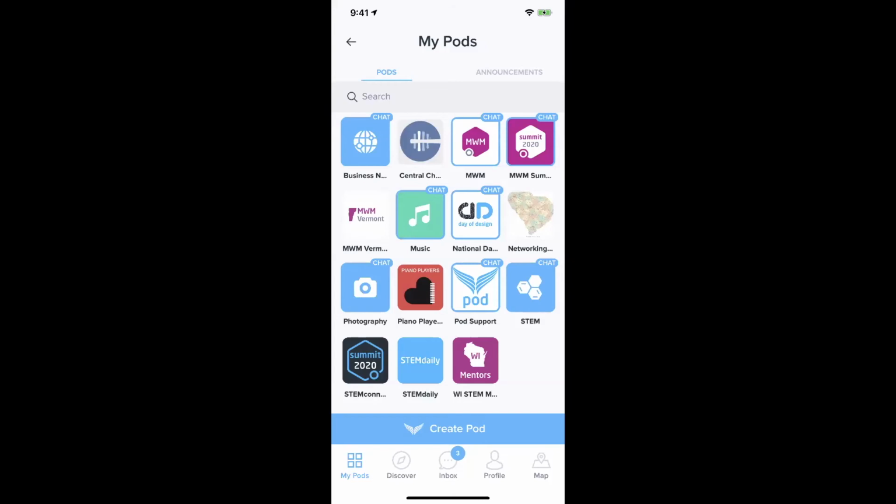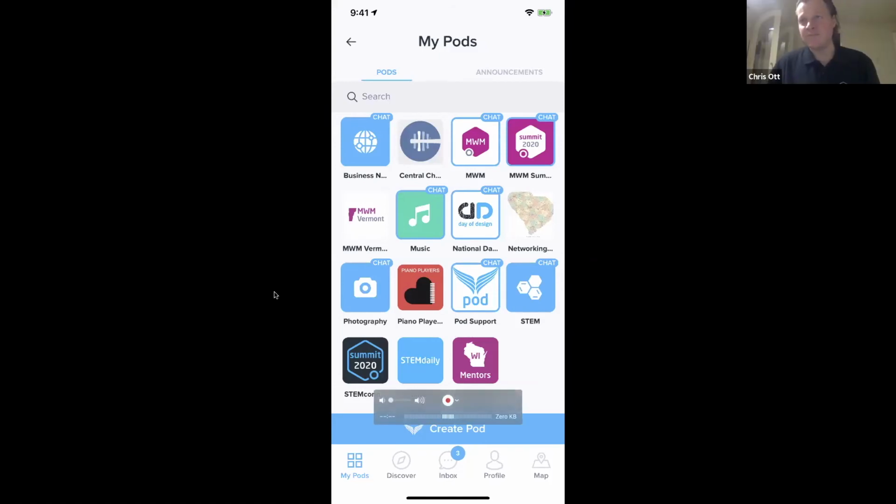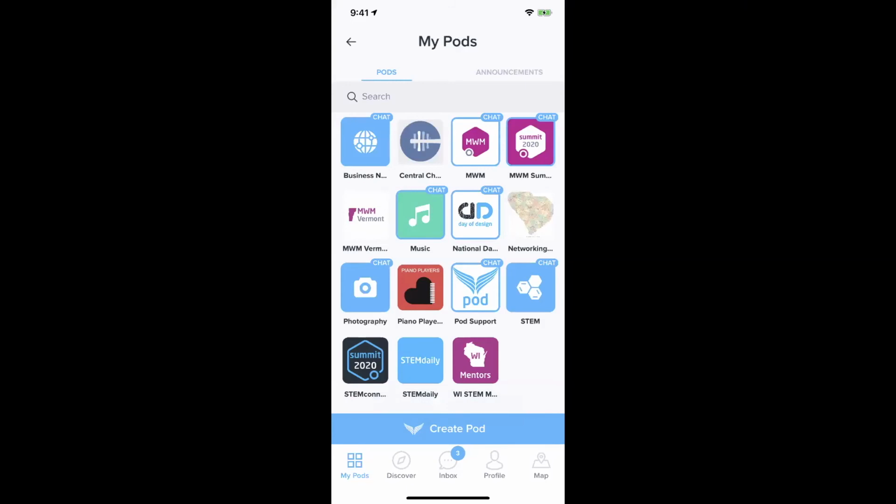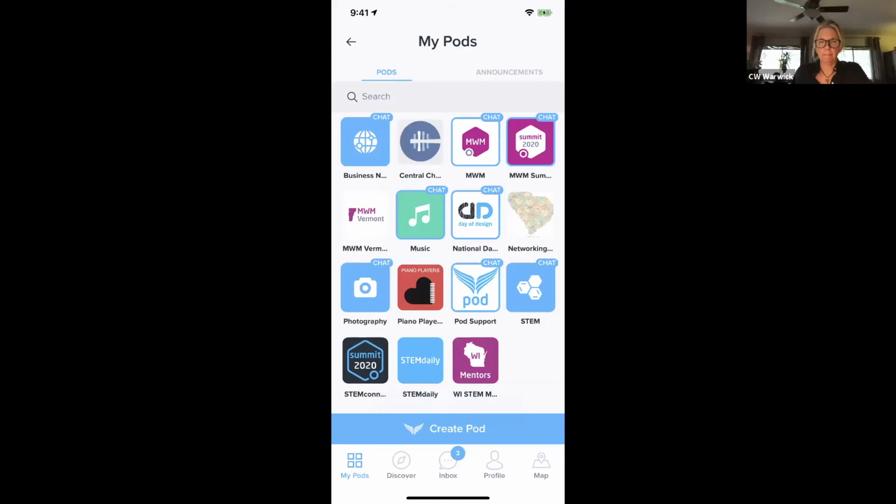I did have one question about notifications. Does this work like Twitter, where you only see the notifications within the application unless you have your phone buzz at you? No, by default, if you post an announcement, everybody who's in the pod will receive that notification, unless they manually turned it off, but I would think that would be the exception. Okay, so it'll come up even if the app isn't open. Correct. Good, thank you. Yeah, thanks, Jennifer.